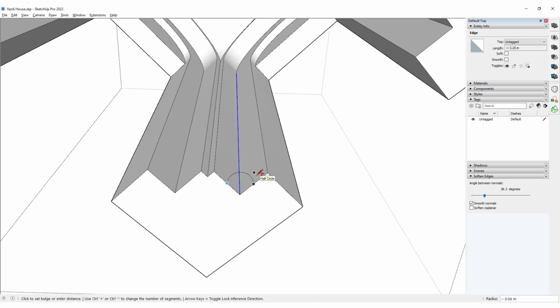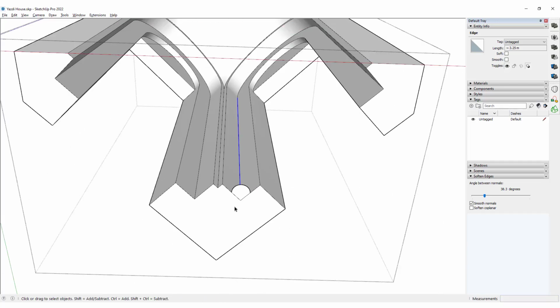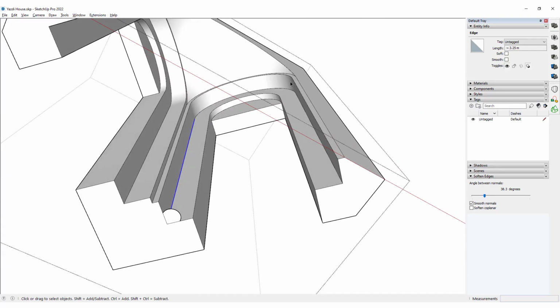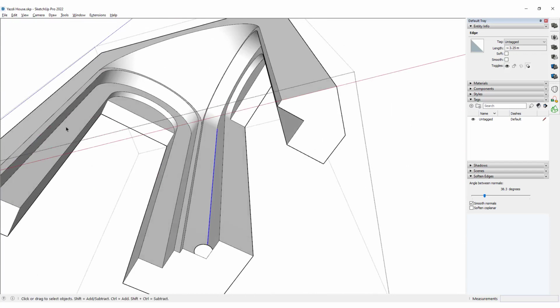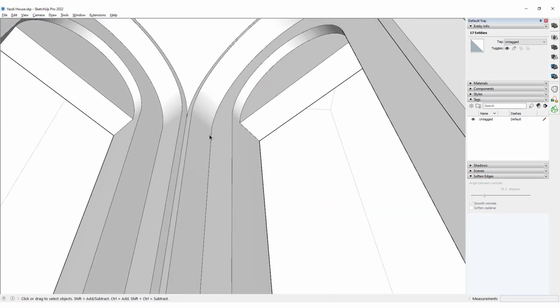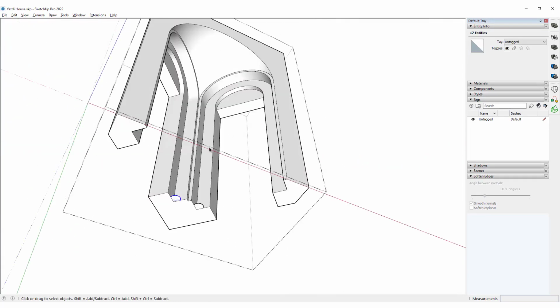Let me change the size to 16. And we want to use Follow Me to create a profile in this part of this model and also in this part. So I would make a copy of it to over here,